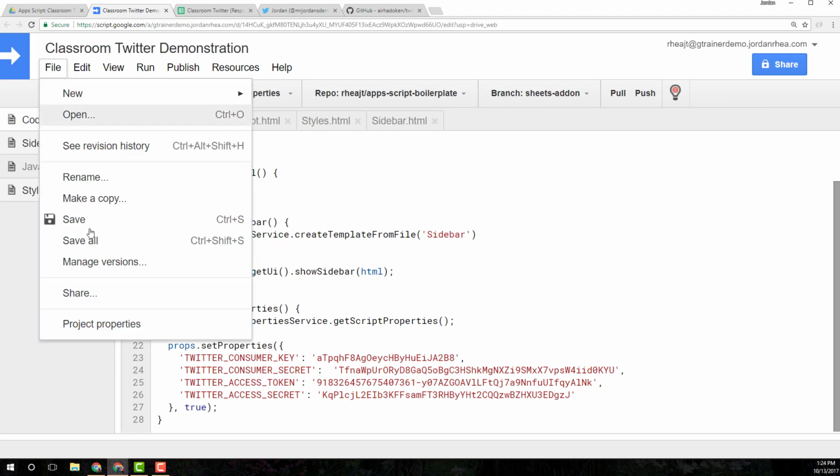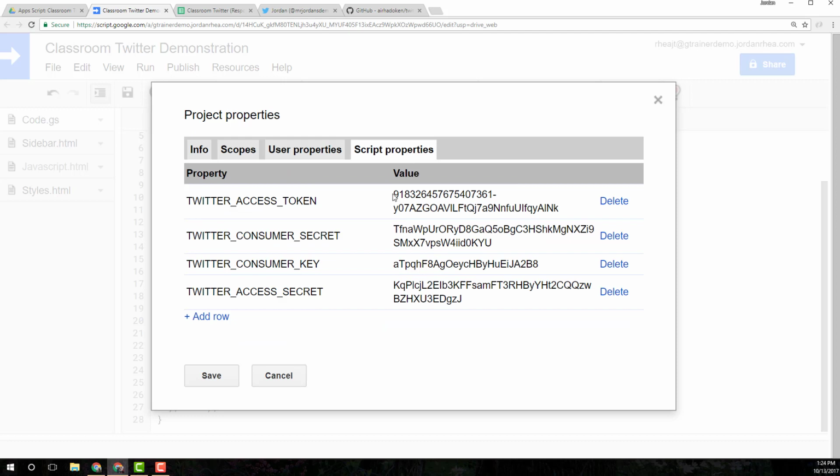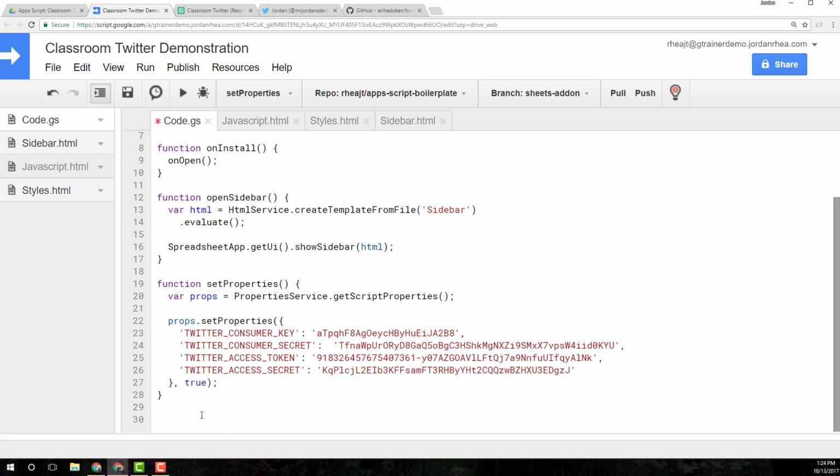Okay, now you can actually check to make sure that those were set by going to project properties, and you can see the script properties right in there. Perfect. Now we actually don't even need this set properties function anymore. I'm going to leave it there just so that I can push it to GitHub later,